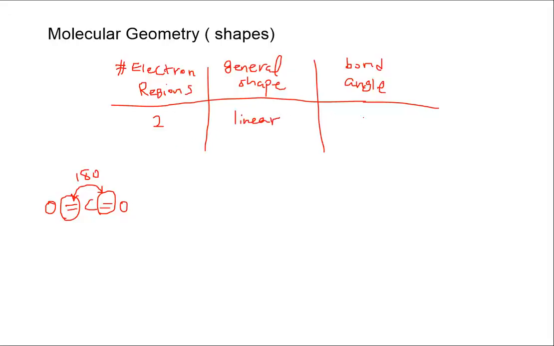The angle is 180. Another example for 2 electron regions is HCN. In the case of HCN, the carbon atom has a triple bond with nitrogen and a single bond with hydrogen. Again, we have 2 electron regions here, so they repel each other and the angle will be 180. It's a linear molecule. When we have 3 electron regions, like the case in SO3,